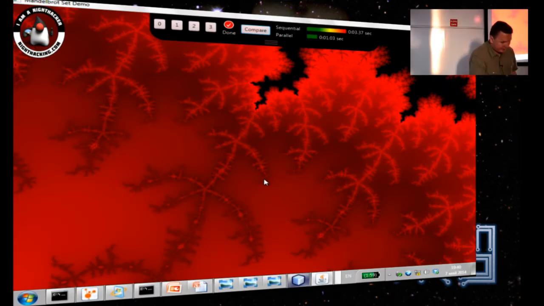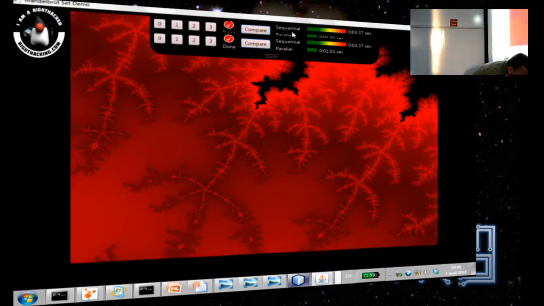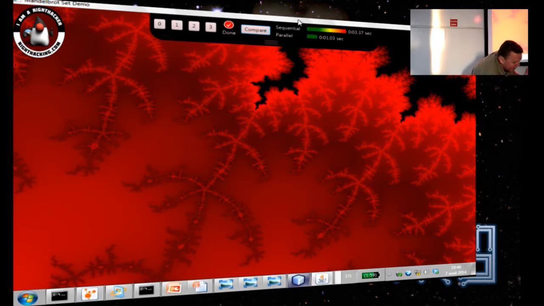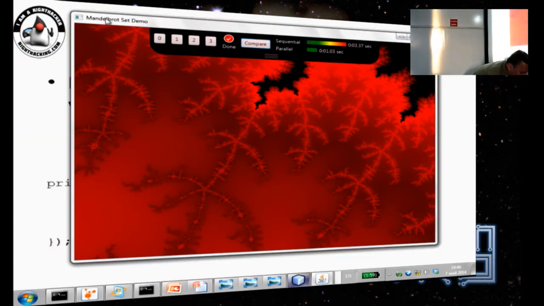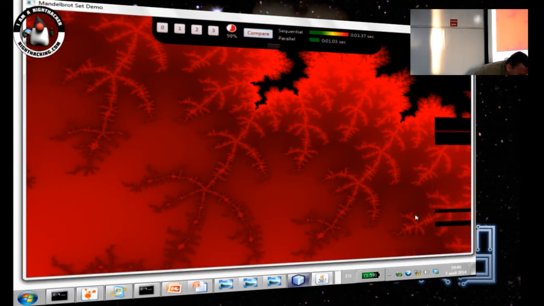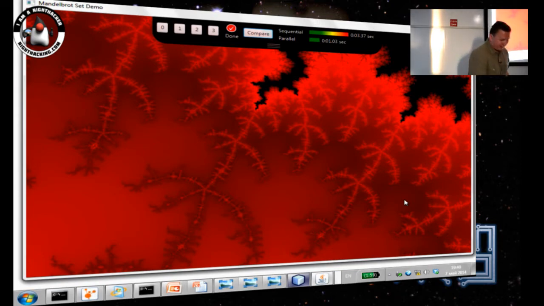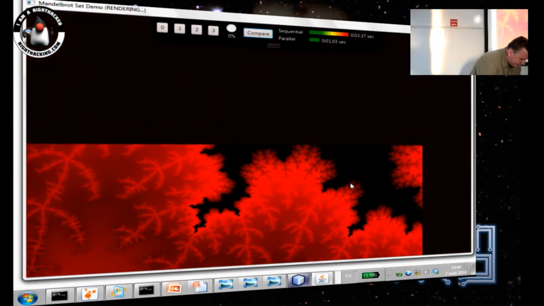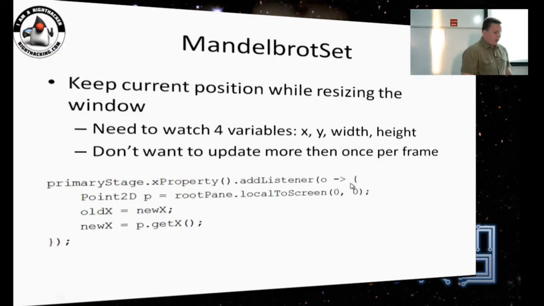Another trick that was done in this app is that when you zoom the screen or change the window size, it actually keeps your current position in the MandelbrotSet, which was a nice trick to have. So how is it achieved? Who knows about JavaFX properties? So yeah, it's good to know that most people know. In JavaFX, almost every object has properties.